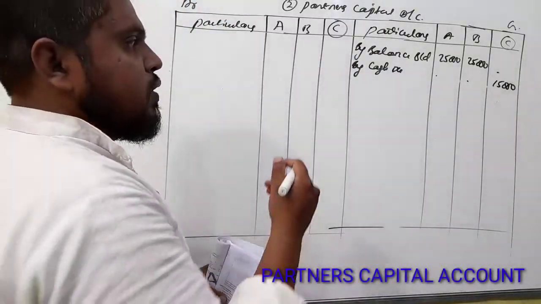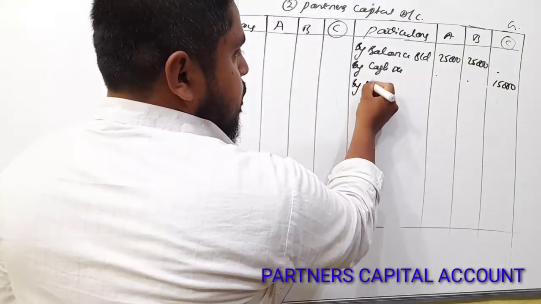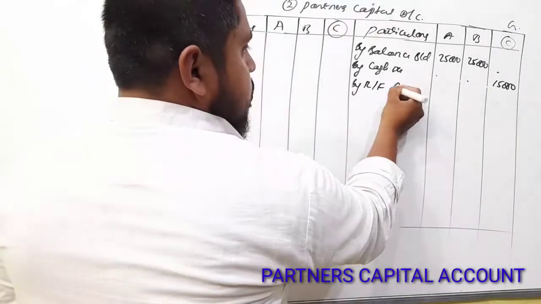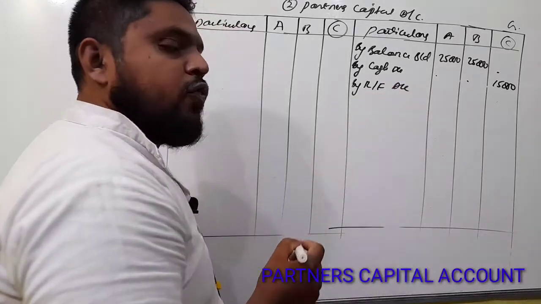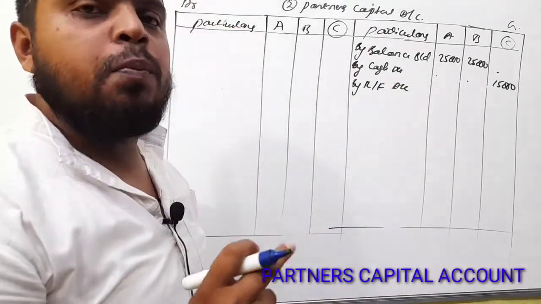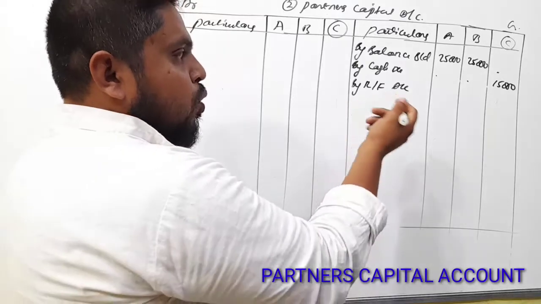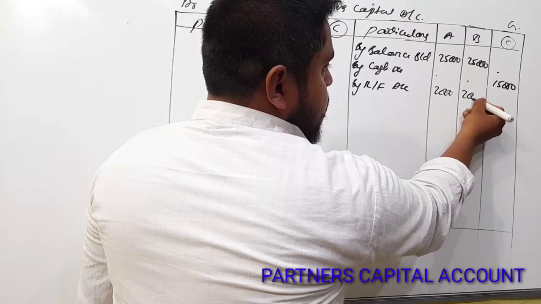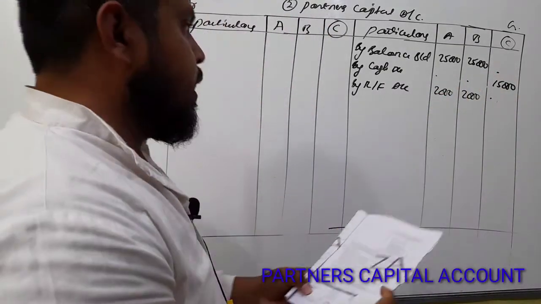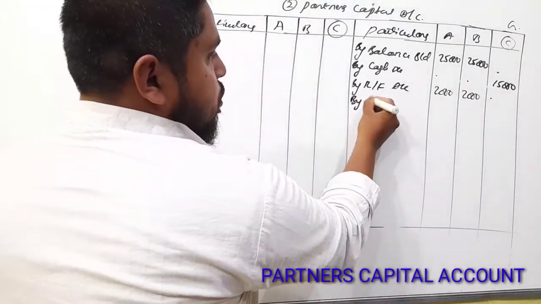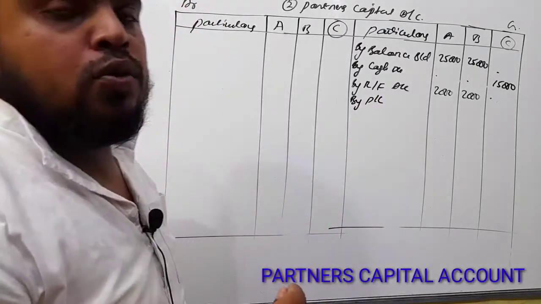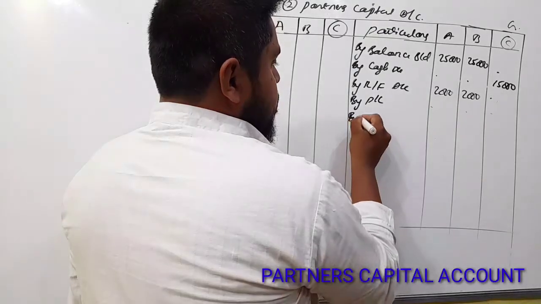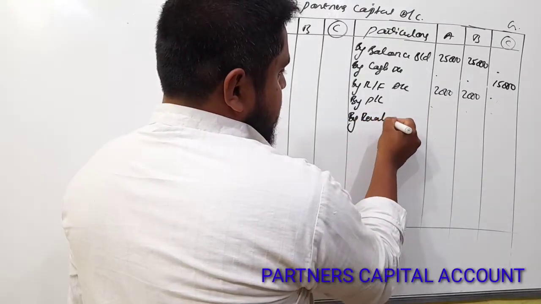Next, from the old balance sheet, we share a reserve fund. So reserve fund we have to share. So reserve fund 4,000 he has given. So this reserve fund we have to share among the old partners in the old ratio. So old ratio is not there. So we have to share equally. So that is 2,000. Next, profit and loss account. So this profit and loss account, it is not there in the balance sheet. We leave it. Next, revaluation account profit.